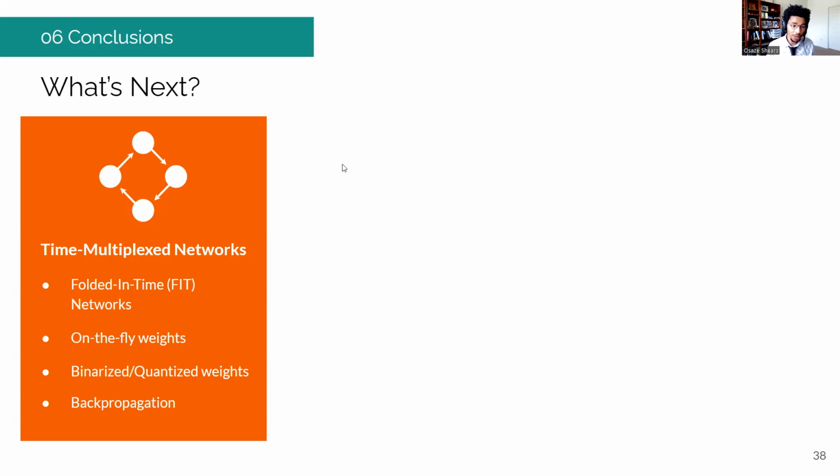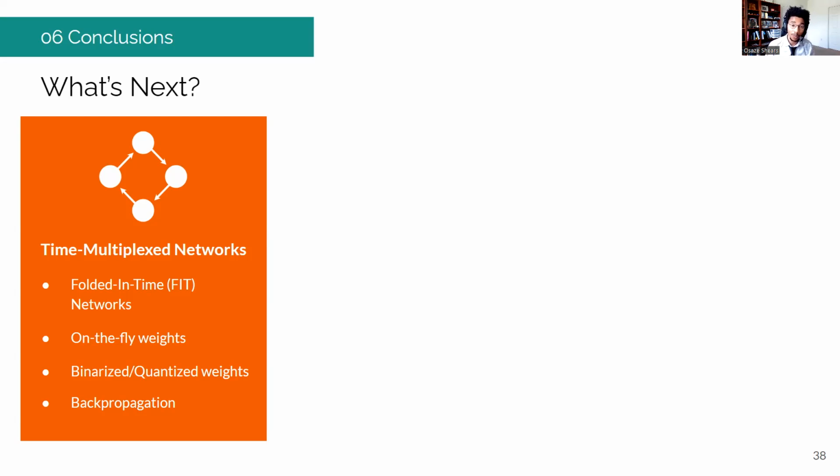In terms of future works and what's next, a lot of areas of this project can, of course, be improved. The first area that I think can be immediately applied to this is using more of those optimization techniques that were demonstrated in the paper covering the hardware ESN that was mentioned earlier. So time multiplex networks pretty much covers, I think, a lot of the main advantages for those optimizations. So folded in time networks and this idea of one neuron architectures has a lot of promise in terms of